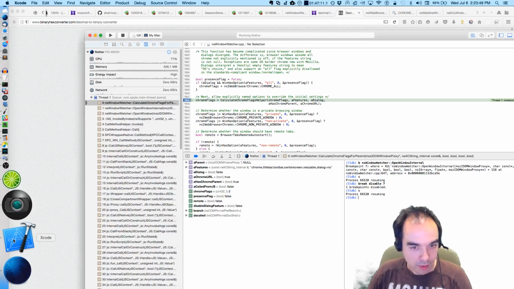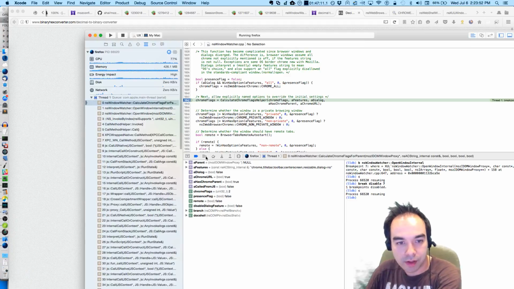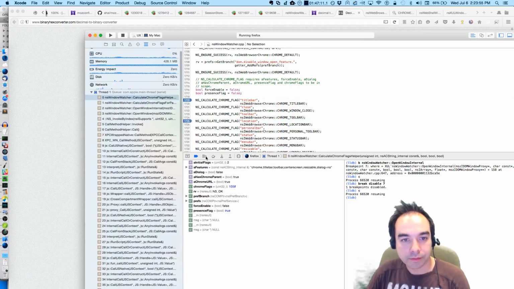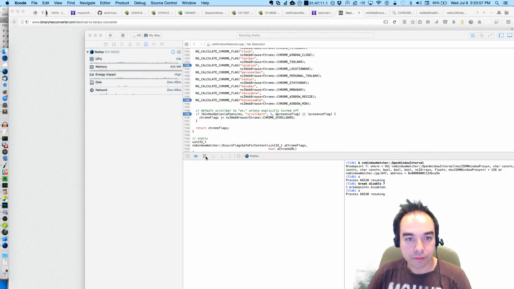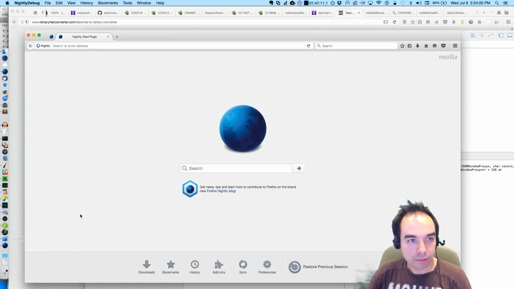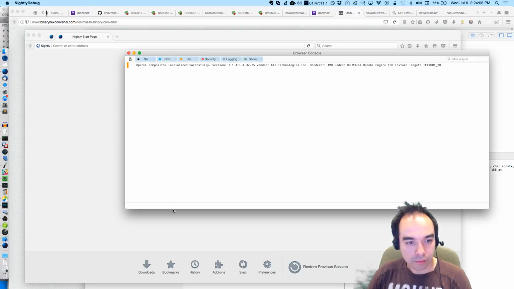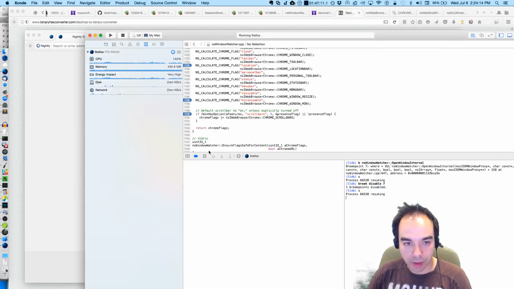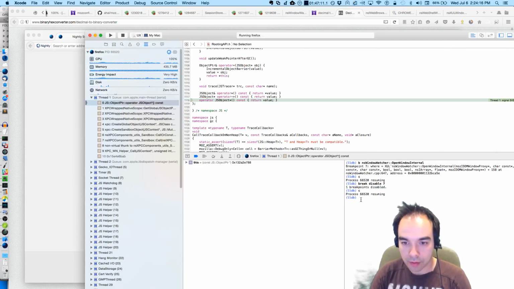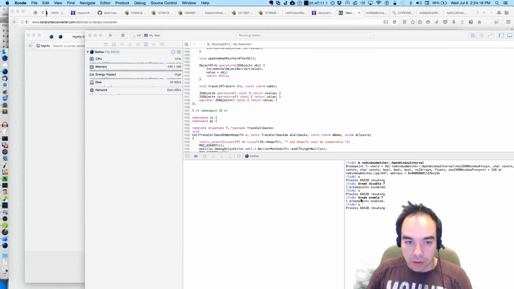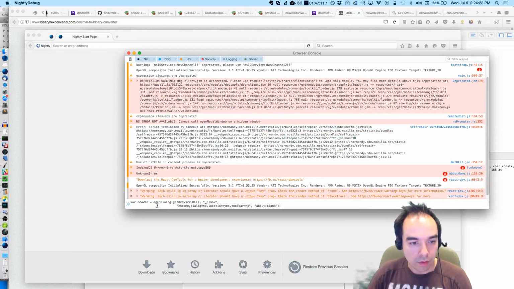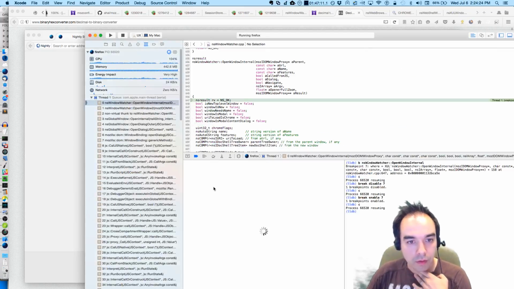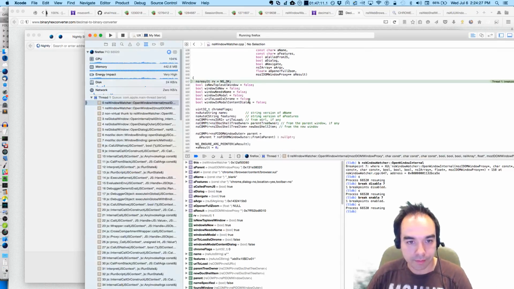Just show me the browser. Oh, that's why it's painfully slow. Yeah, allow. And now I will re-enable the breakpoint. Okay, we're here.